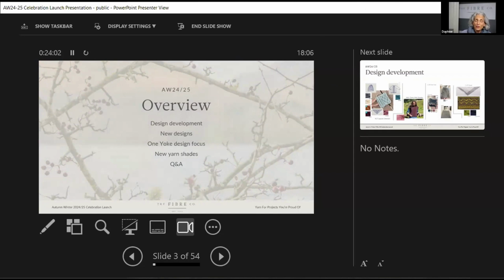how far in advance we start. We have some images of sketches that come in for design ideas and that sort of thing. So we're going to do that first without diving into the details of each design. And then we will go into all the designs. We'll show you the new designs, and then we'll have a special feature or focus on the design that's called